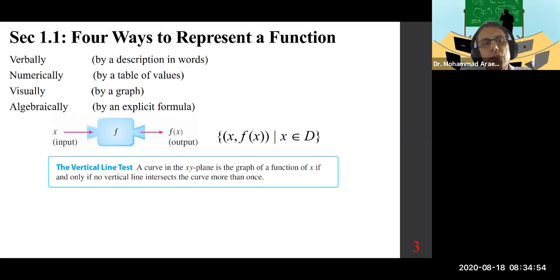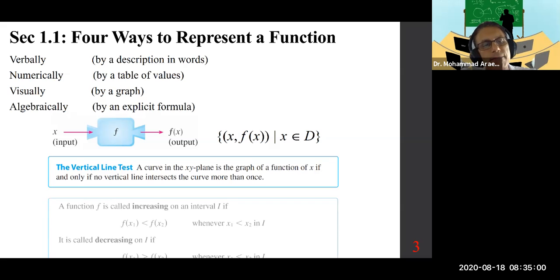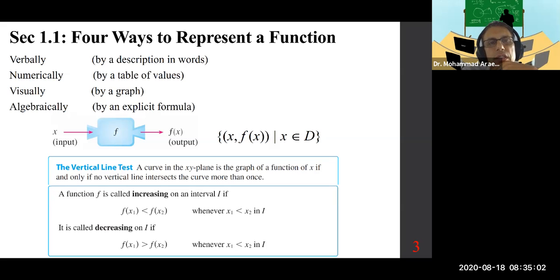One of the things we use is a vertical line test to see if we are dealing with a function, okay? And a function is considered increasing, in short, when x goes up, so does y, okay? And that would be the definition of an